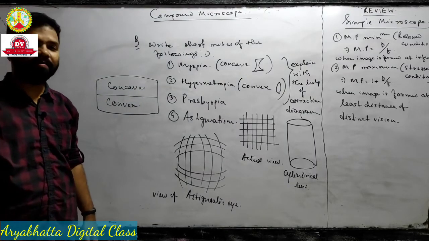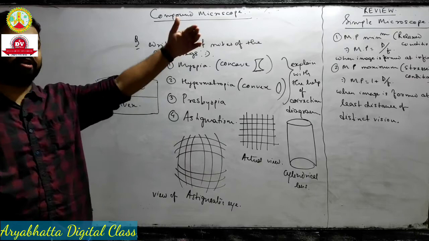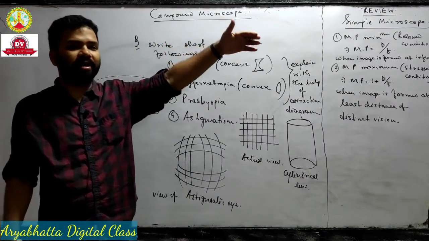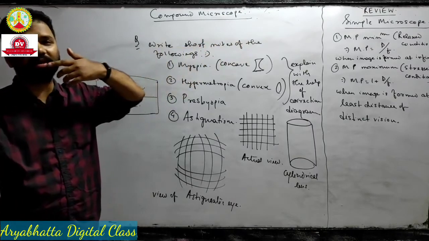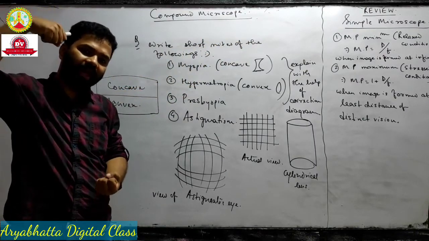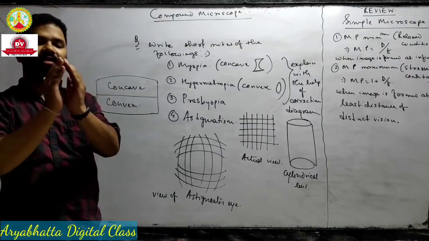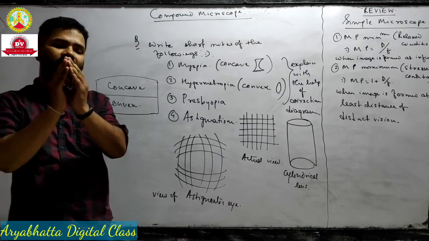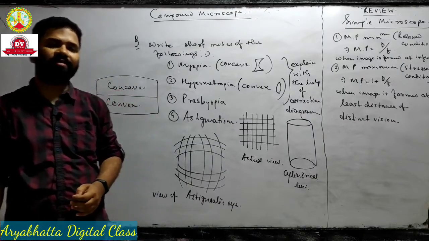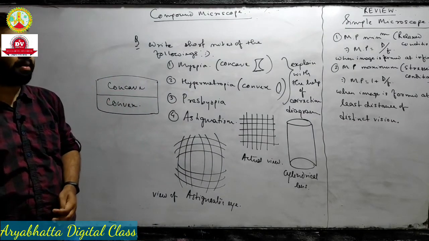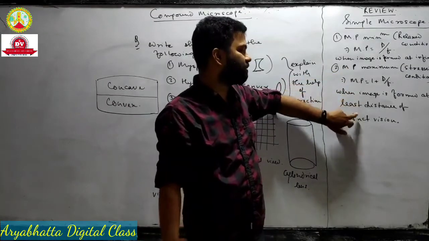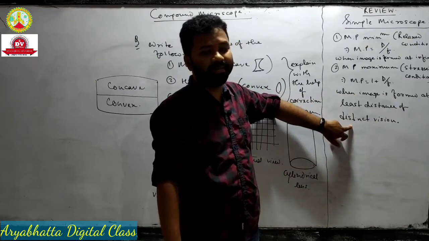Okay, d means the least distance of distinct vision, f is the focal length. And when the power becomes maximum, if you want to see an object which is nearer to your eye, at that time what will happen? When the object approaches your eye, the ciliary muscles will contract, and as a result the curvature will decrease. And if curvature decreases, then focal length will also decrease. It means power will increase. That is, magnifying power is maximum when the image is formed at least distance of distinct vision.